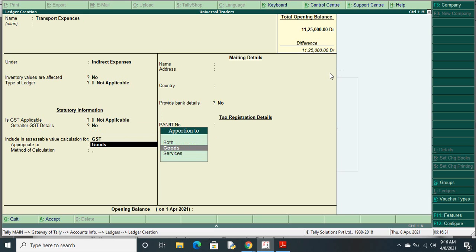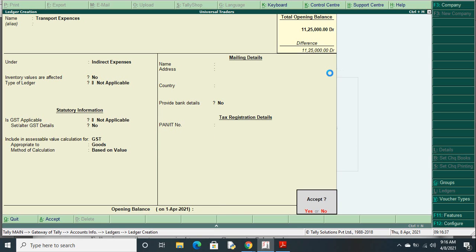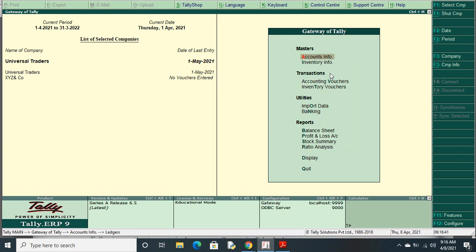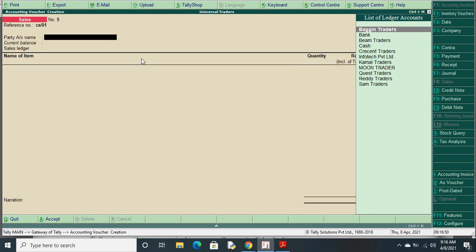GST, goods based on value, enter. Okay. Now go to accounting voucher, sales, composite sale by 01, party Bag-in Traders,